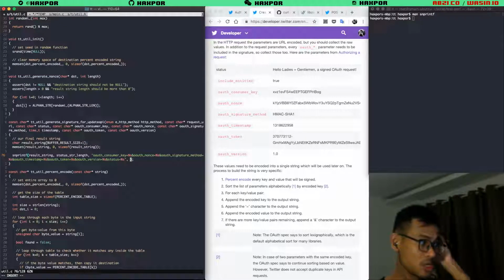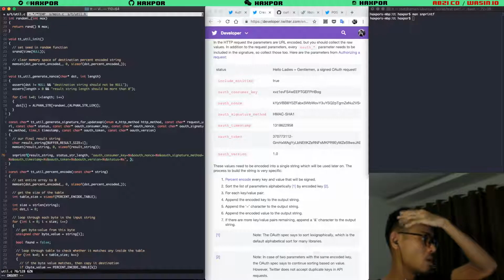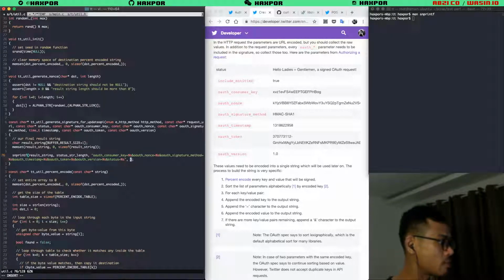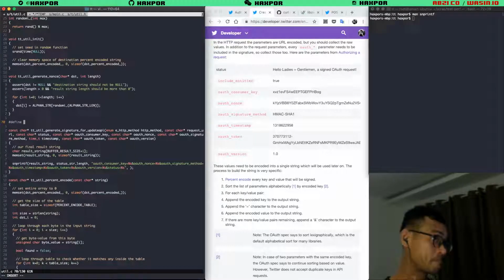OAuth consumer key. Okay. Yep. So the consumer key we accept from the function already, and we need to %encode it as well. I'm going to define something here for convenience to call the function.